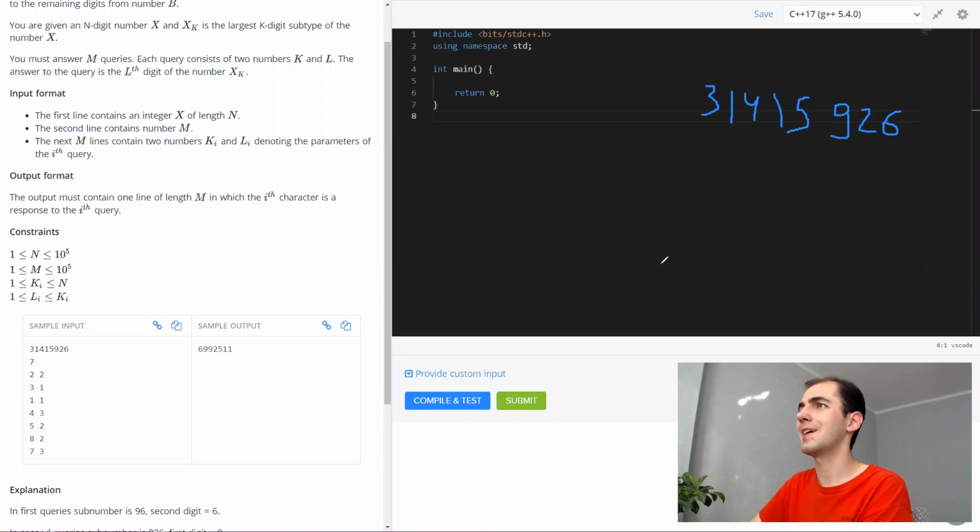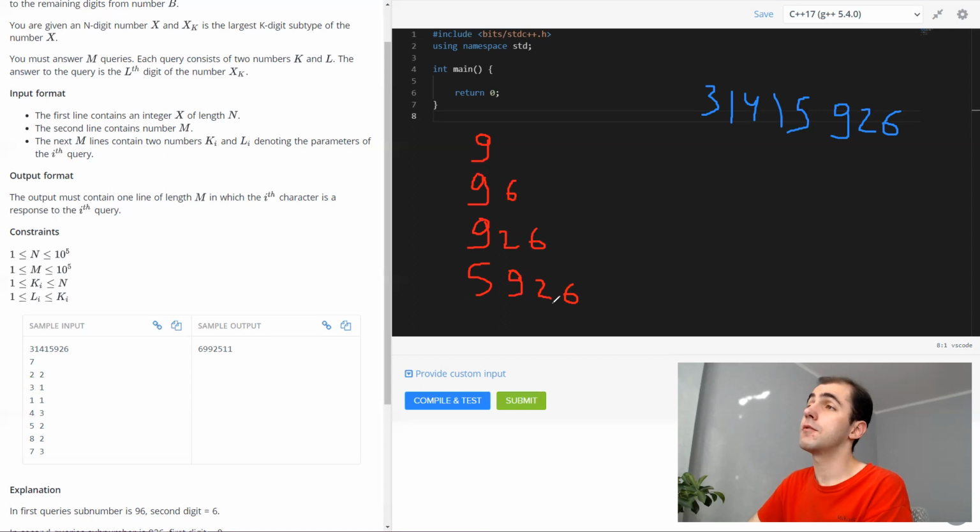What is the largest one-digit number that we can get from this string? It's 9, right? The largest two-digit number is 96. The 3-digit number is 926. What is the largest 4-digit number? I believe it's 5926.